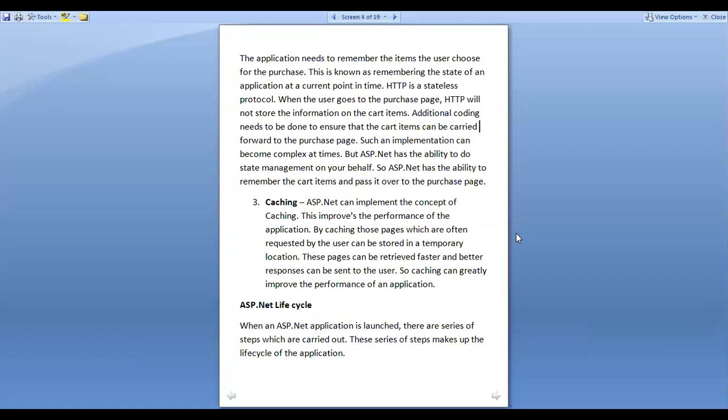When an ASP.NET application is launched, a series of steps are carried out, and these steps make up the life cycle of the application.